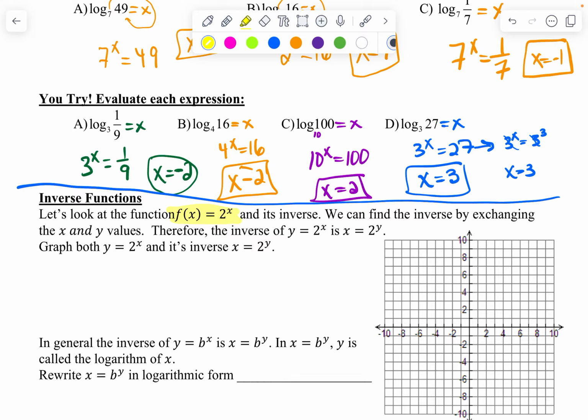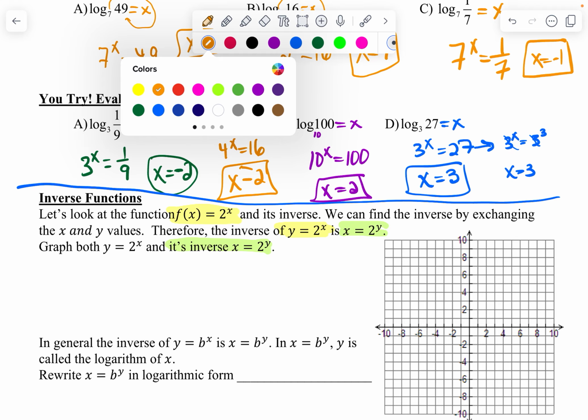So we can find the inverse by exchanging the x and y values. Therefore, y equals 2 to the x is really x equals 2 to the y. Yuck, I don't want to graph that. That looks terrible with the y up there. So we're going to do this inverse in a minute. We'll deal with that. Let's deal with first our regular graph